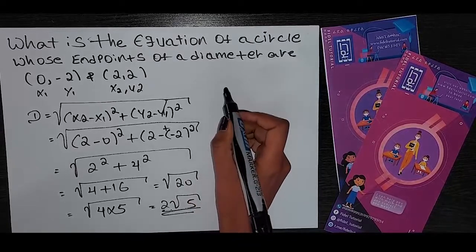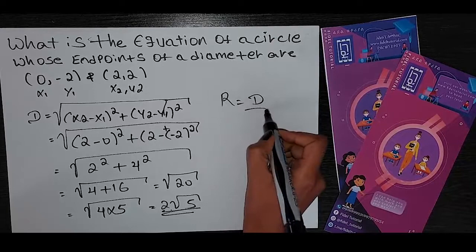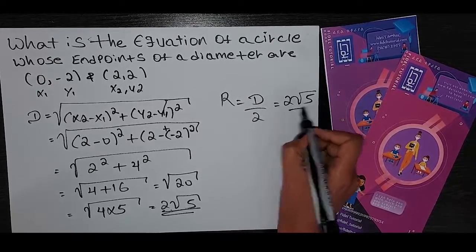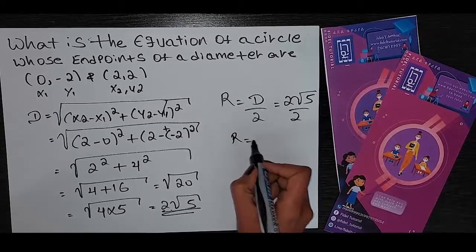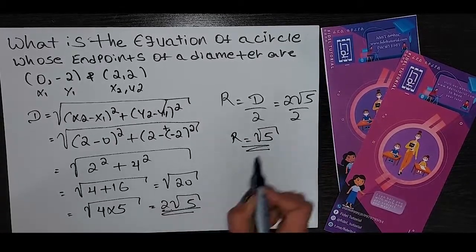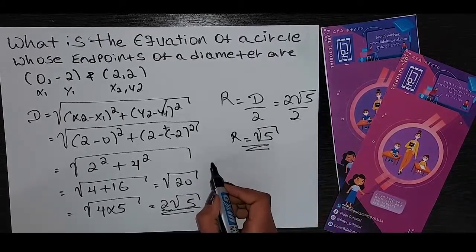ቀጥለን የምንሄደው ወደ ሬዲየስ ነው። ሬዲየስ ማለት ደግሞ ዲያሜትር ኦቨር 2 ነው። እዚህ ዲያሜትራችን 2 root 5 ነው ኦቨር 2 ስናደርገው ሬዲየሳችን ምን ይመጣል? ስኩዌር ሩት ኦፍ 5 ነው። ስለዚህ እዚህ ጋር ዲያሜትር እና ሬዲየሱን አግኝተናል ማለት ነው። ቀጥለን የምንፈልገው ሴንተሩን ነው። ሴንተር ኦፍ ዘ ሰርክል